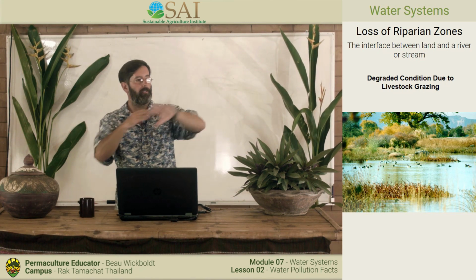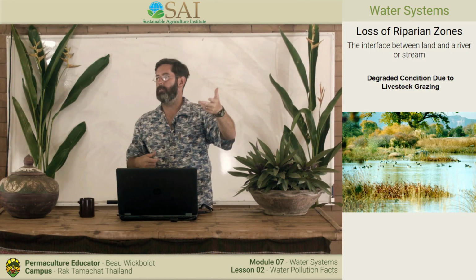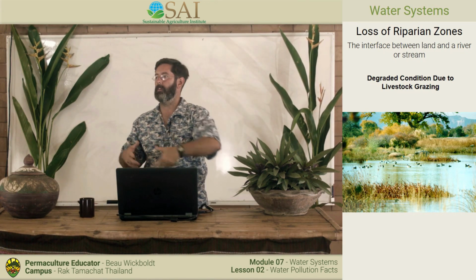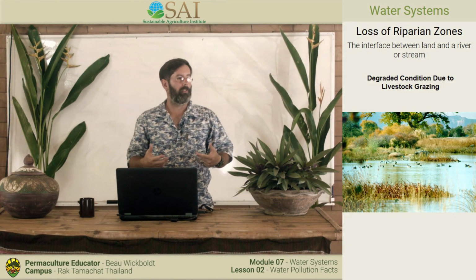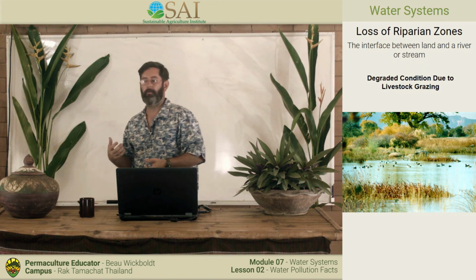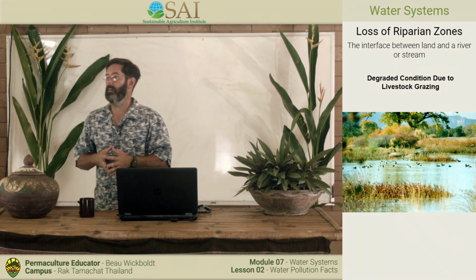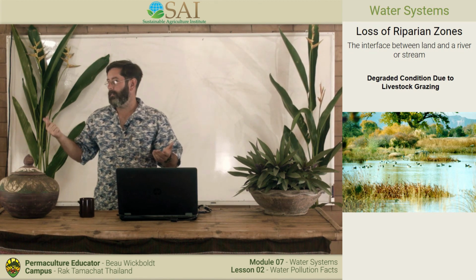When we clear forest all the way up to the edge of the river, then all of the erosion, topsoil erosion, can enter the river. It'll even kill the fish downstream. So these are problems where we have to look into more of a conservation approach, also taking in ethics and permaculture at the beginning, right? We look at our ethics. We probably also have to develop more ethics than just fair share, right?